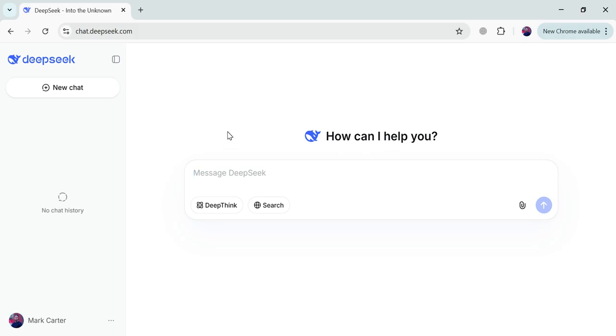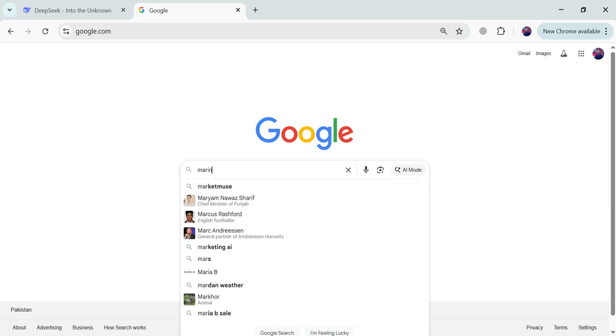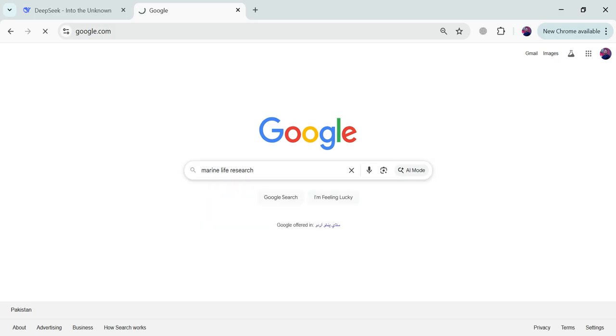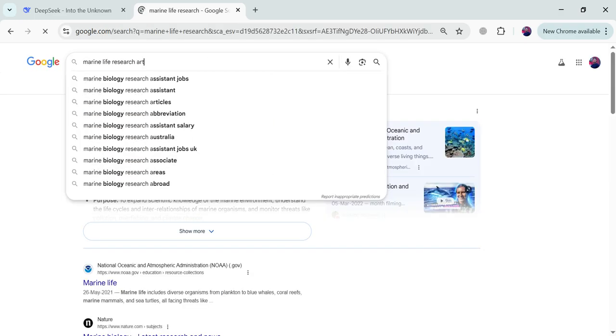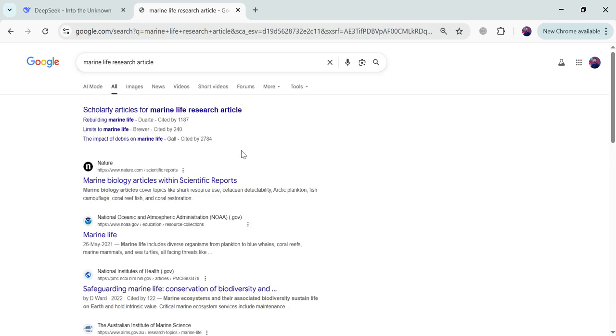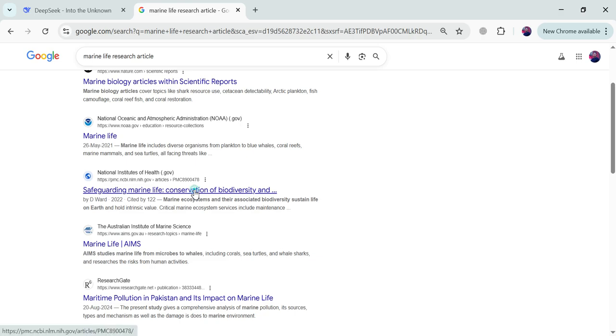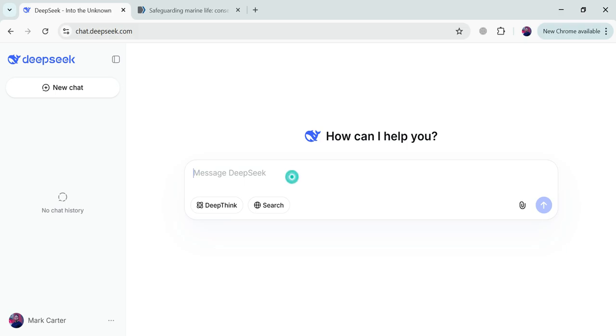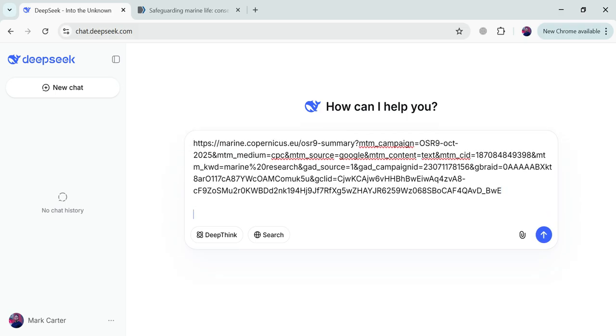So here you can summarize the research of any article you want. Let's suppose we go into Google and search for marine life research. Okay, so it will provide us with an article. Also write article. So there are lots of articles. Let's check for this article. We will just copy the link of this article and we'll go to DeepSeek AI and we'll paste the link here and we'll write give me summary of this research article, and then I will hit the enter button